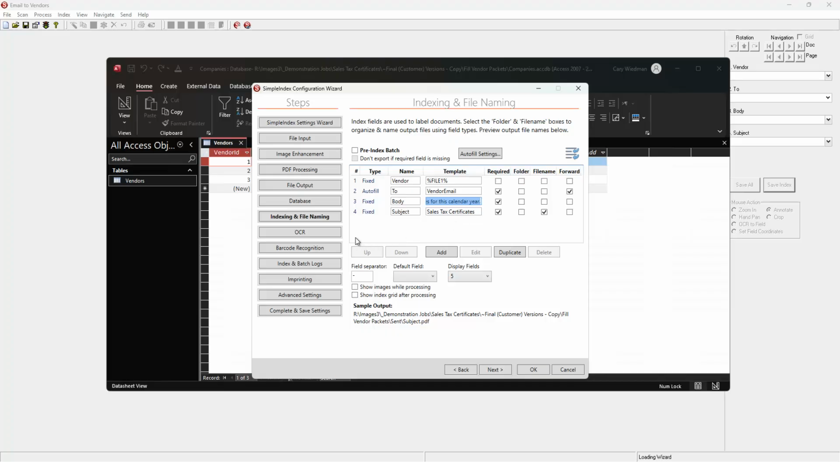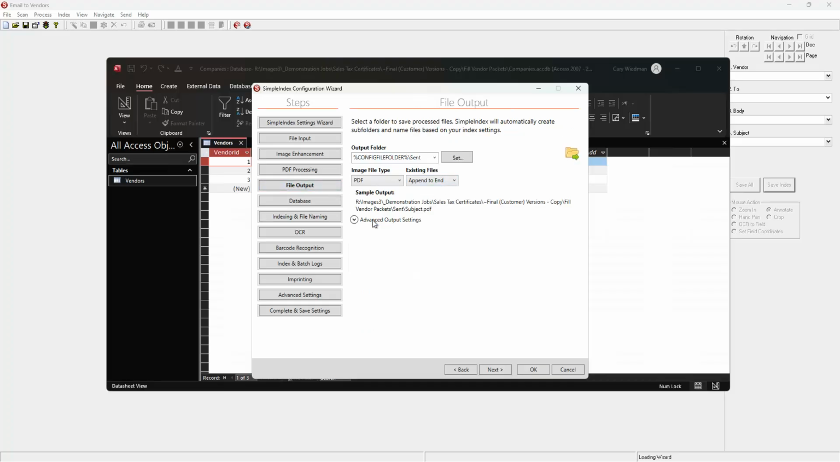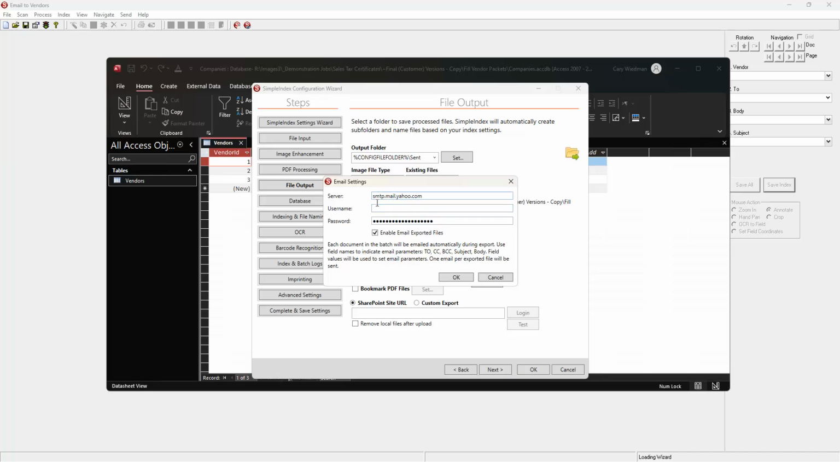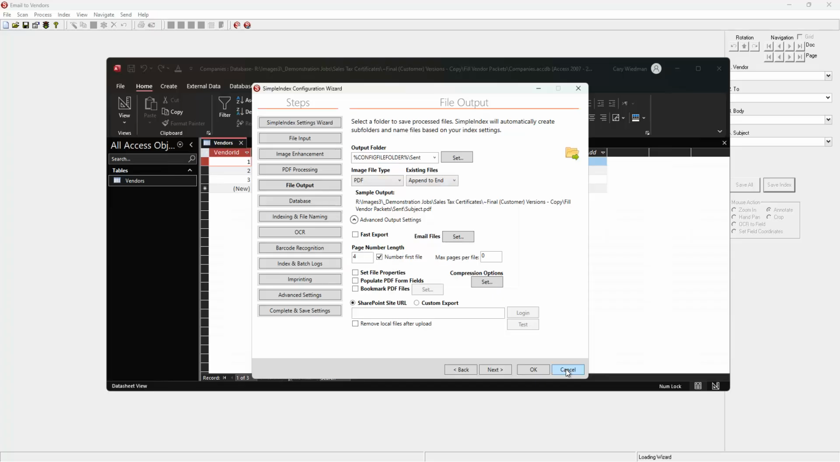And then the other important part of this is we have to go into our file output settings, and we're going to go into the advanced settings, and you'll see there's now an email files option, which wasn't there in earlier versions. If you hit set, you simply go in here, put in your email server, the username, and then the password, which will be an app password that's going to come from that email provider, whether it be Yahoo, Gmail, Outlook, that sort of thing. As you can see here, you just have to have field names that indicate the CC, the BCC, the subject, and the body, as I mentioned before. So let's cancel out of here